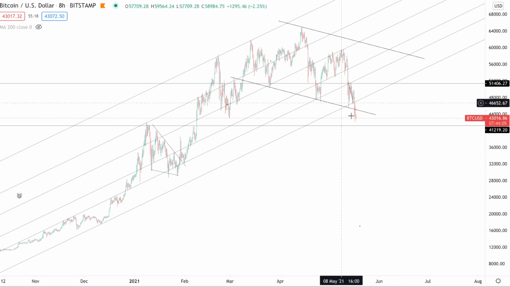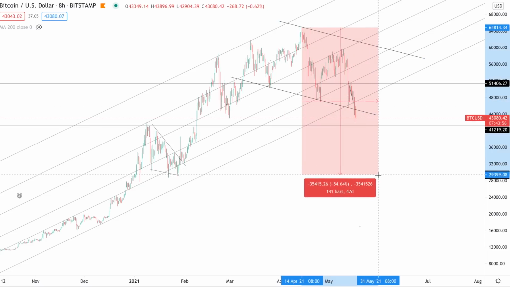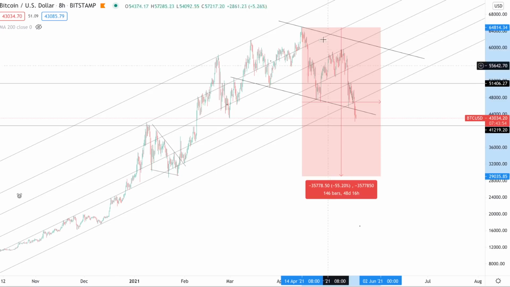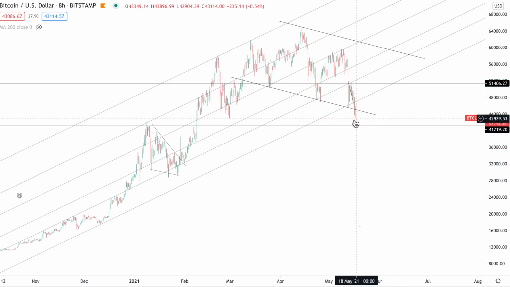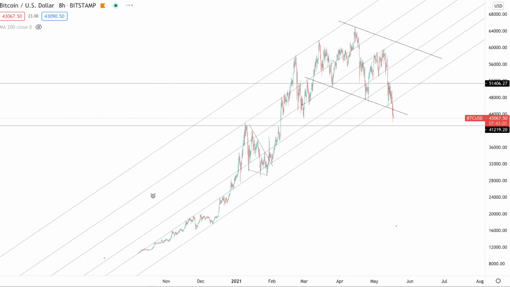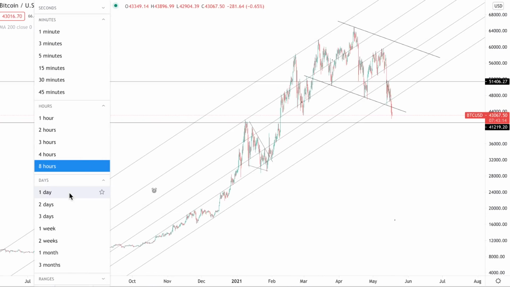So a 35% drop down to 30K would be a 55% drawdown from the all-time high. That's just not something that we expect. We're still in a bull market, although it may seem like the end of the world. Sentiment is starting to get really bearish. We do still expect more upside on Bitcoin. And we knew from the start that we were going to get some difficult situations during this bull market. And I'm going to show you exactly what I mean.